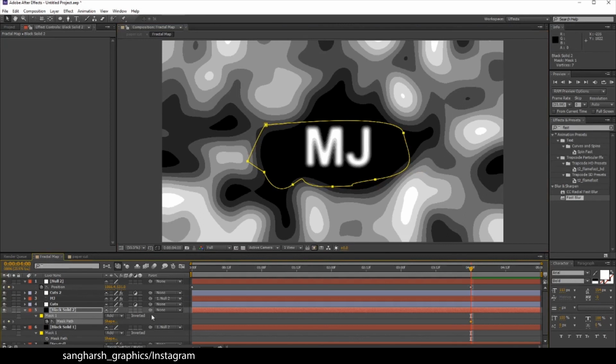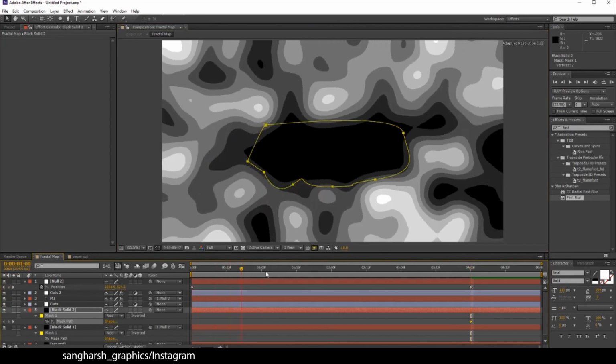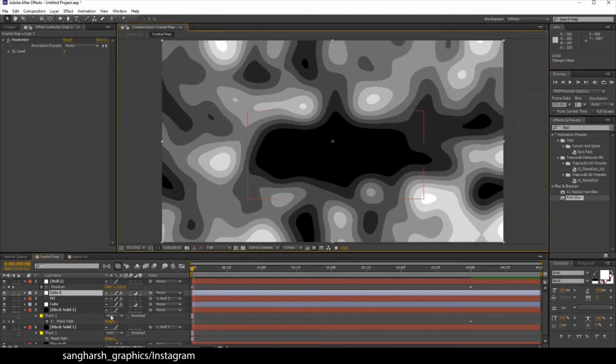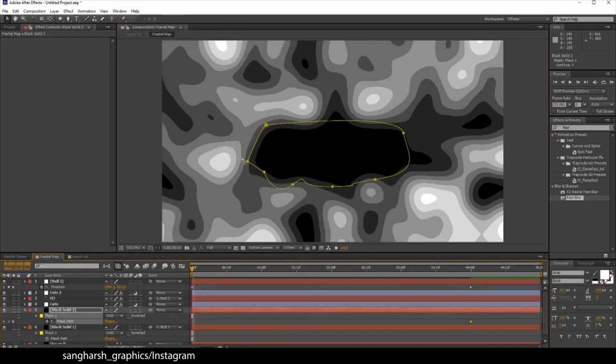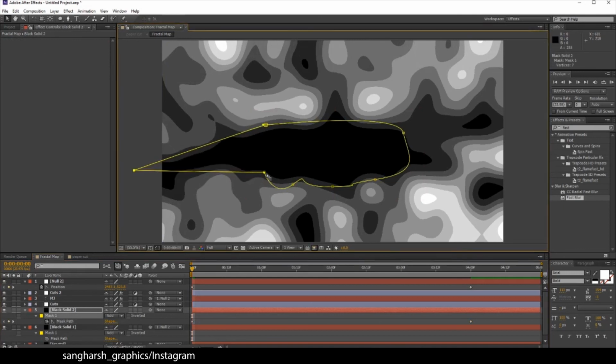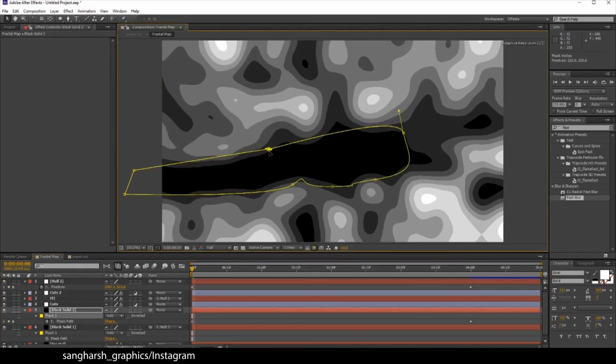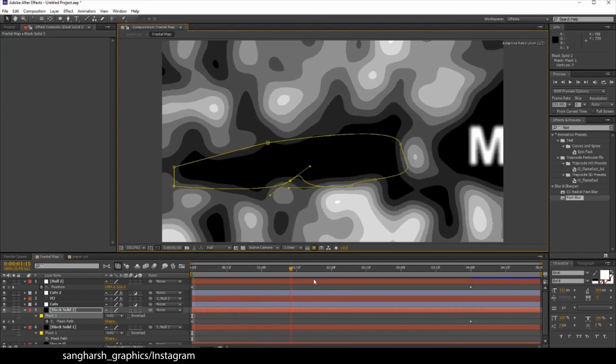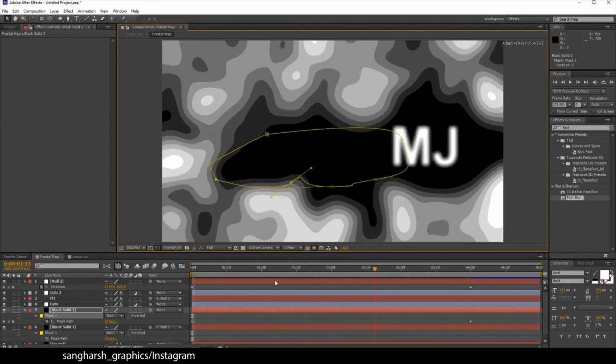Add a keyframe on mask path, go to the first frame, select these points, drag them all the way out. And now as you can see, we have animated the path.